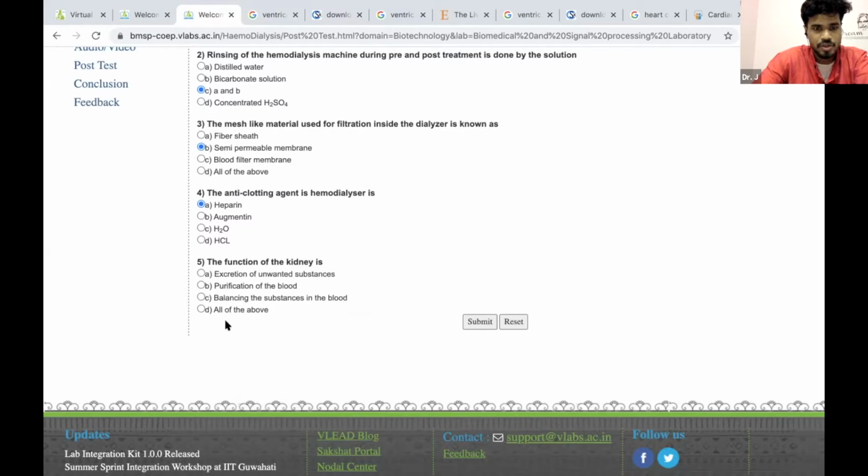All of the above. Yeah, this is important. The kidney is actually doing a lot more than just removing waste and purifying blood. It restores fluid balance, and in turn blood pressure and blood volume. It plays a very important role. And typically, because of this reason, there are issues with kidneys.